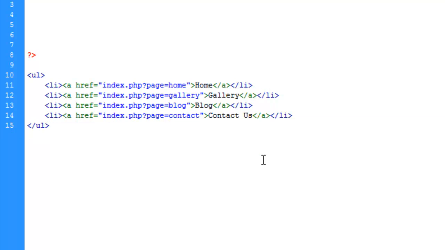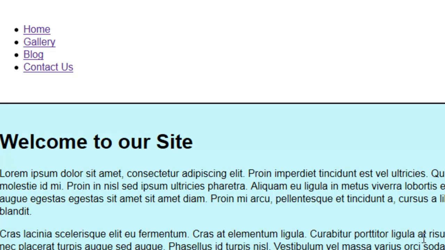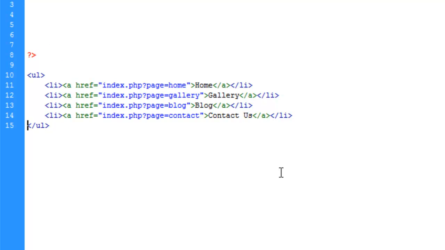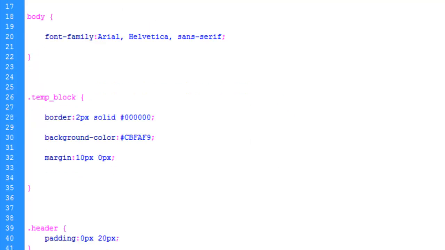Save and upload, and if we refresh, we're going to have a noticeable difference. This is going to be a list now. Of course, this is not what we want it to look like. We're going to strip this list down and turn it into a nice looking navigation. So flip back to Dreamweaver, go to our styles.css, and for nav main,